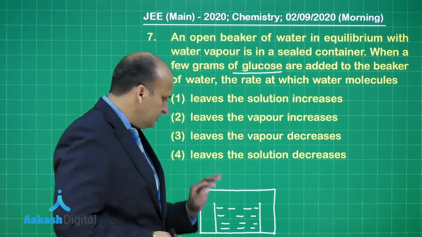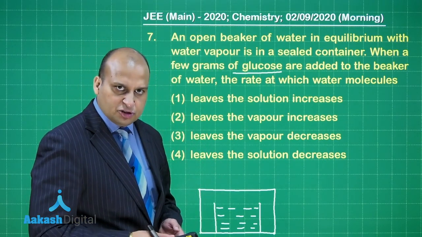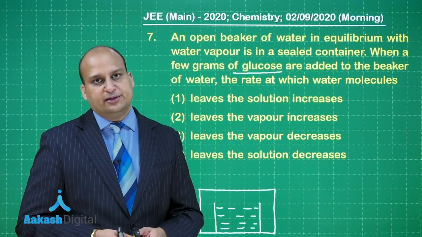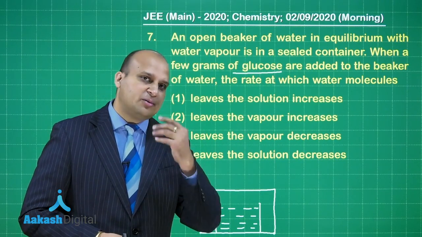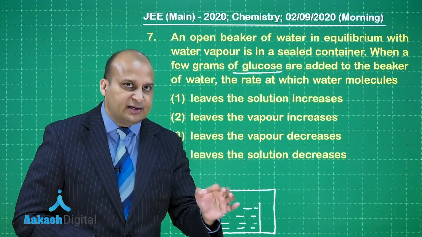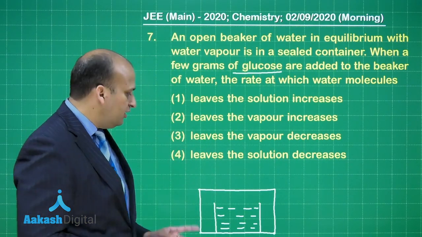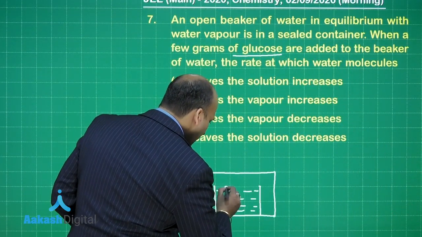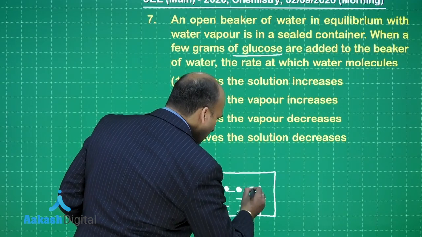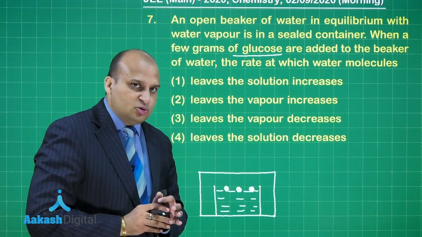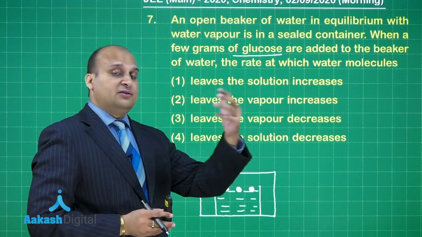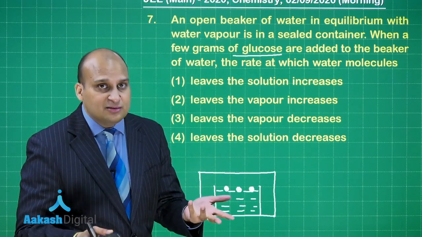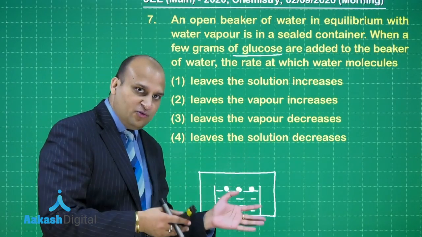Now what will happen? If it is in equilibrium, it must be exerting some vapor pressure, agreed? When it is exerting some vapor pressure and you add a non-volatile solute, you are talking about the colligative properties. What is the first colligative property? Relative lowering of vapor pressure. The glucose molecules will occupy some volume on the surface, and they will not allow a few solvent particles to go to the vapor phase. So suppose initially 10 vapor particles were going, but now because of this glucose there might be 7 or 6. That is referred to as lowering of vapor pressure.